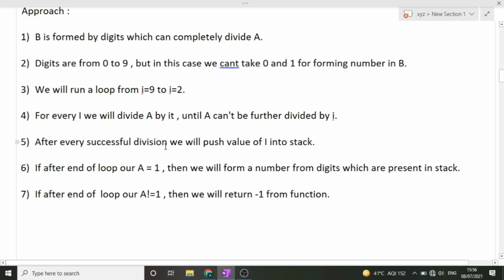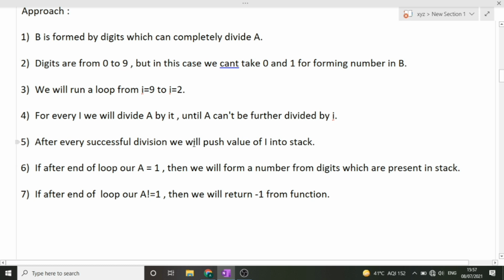Now, after every successful division, we will push the value of i into the stack. So once we are running the loop, let's suppose 5 has divided 10. So 5 has successfully divided 10, that is, the remainder is 0. So we will push 5, that is the value of i, into the stack. If after the end of the loop our a is equal to 1, see, we are always dividing a by a certain number, then we will form a number from digits which are present in the stack.